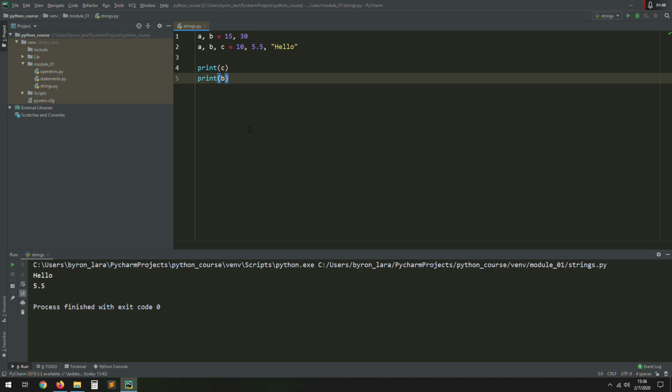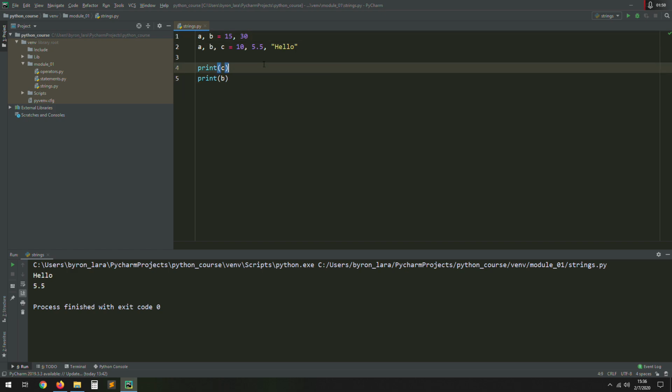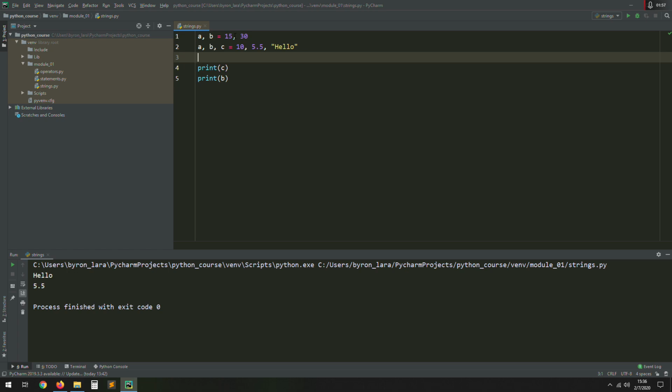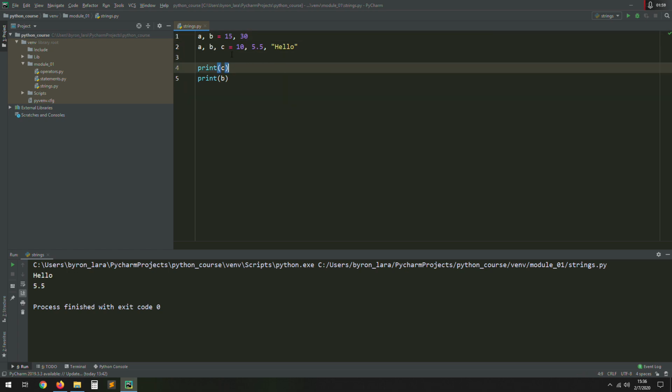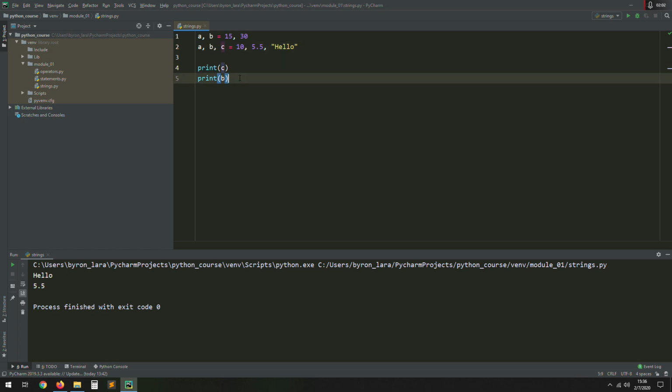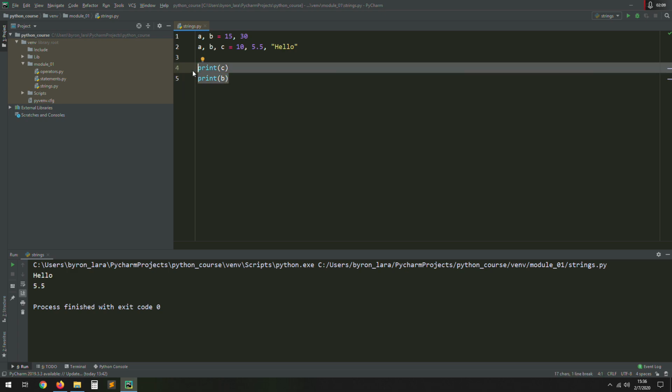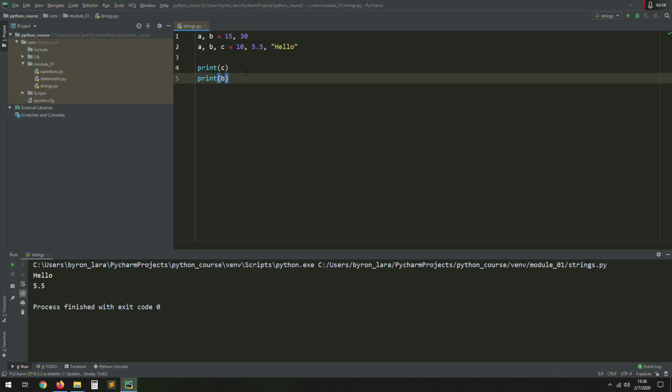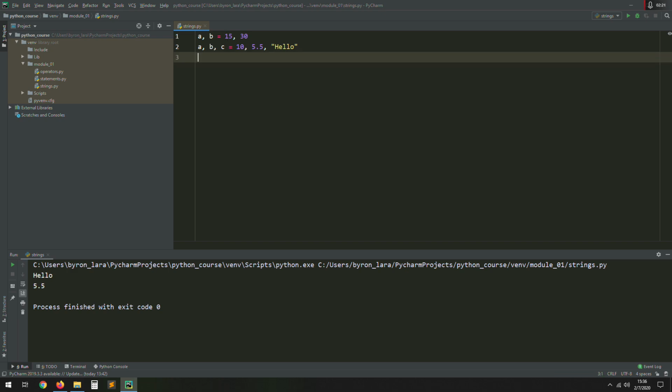And in this case, in this line, we updated the values of these variables, right? As you can see, C and B, we updated them. And even though we can create multiple variables in one line,